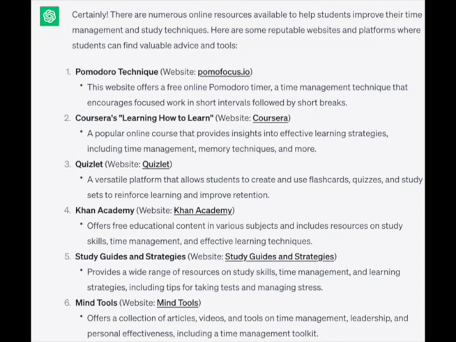Quizlet can help students create and use flashcards, quizzes, and study sets. Also, just remember that ChatGPT can also take your class notes. If you've typed them up, you can paste them into ChatGPT, and ChatGPT can create those resources for you as well. Khan Academy offers free educational content in various subjects, resources on study skills, time management, and effective learning techniques,